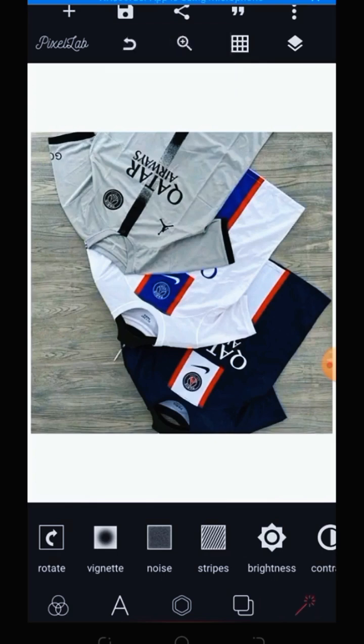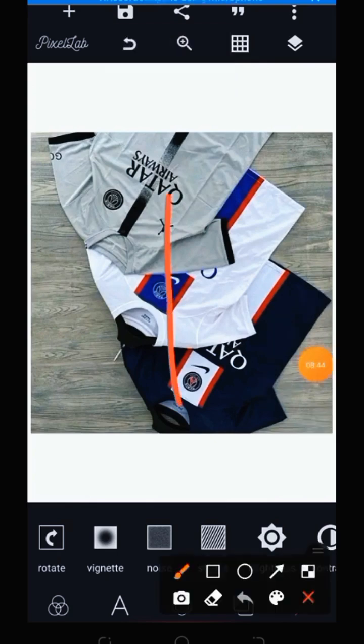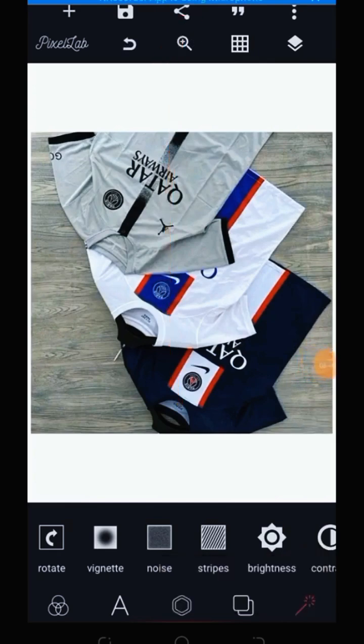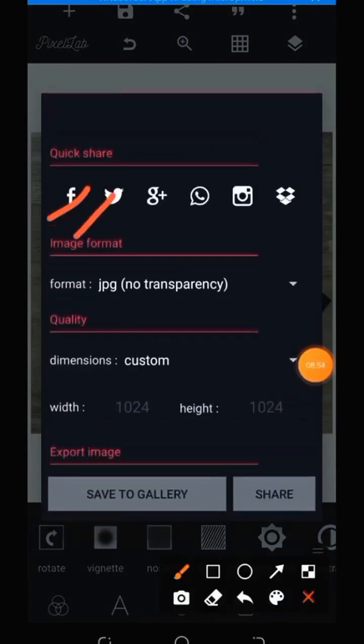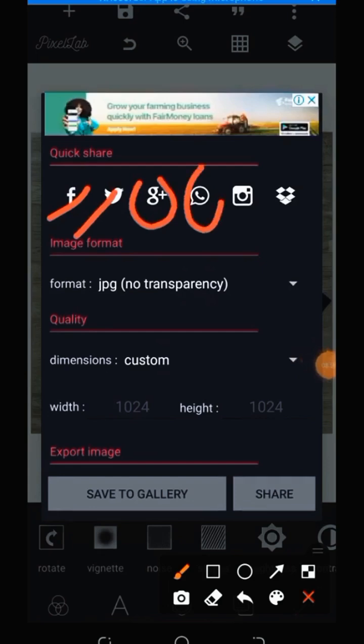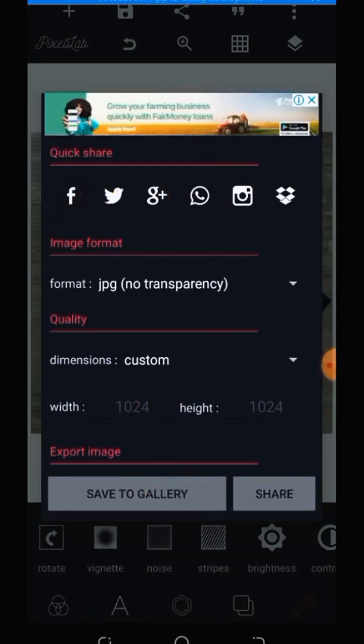That's that. So the other signs there is used for what? The other sign up there is used for sharing. Like you have finished designing, you want to share, you can share. Through this place you can share to what? Facebook, Twitter, you understand, WhatsApp, Instagram, and the rest, and also save it to your gallery. Same place here. Okay, so the next thing we'll be considering is